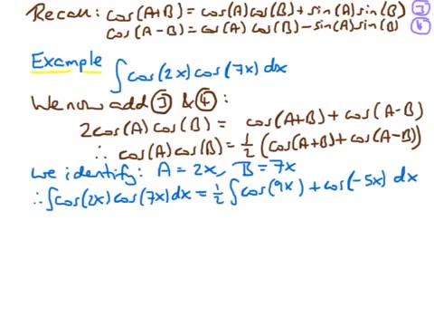Before we actually perform the integrals, I'd like to point something out. If we're integrating things like the cosine of minus 5x or the sine of minus 5x, I don't think it's very helpful to perform the integral immediately. Instead, we should realize from the symmetry properties that the cosine of minus 5x, because cosine is an even function, is the cosine of plus 5x. So let's just recall